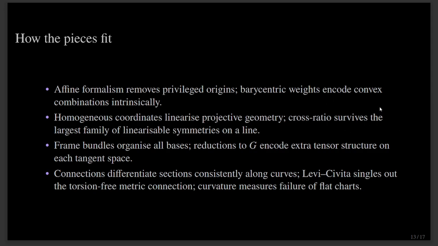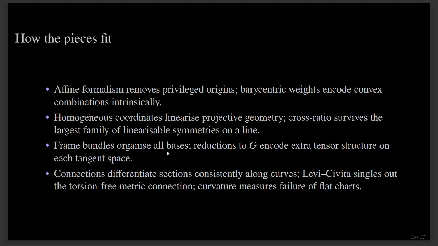Frame bundles organize bases, G-reductions impose geometric structures like lengths and angles onto symplectic forms, and connections enable consistent differentiation and parallel transport. And finally, the Levi-Civita connection is the unique torsion-free metric-compatible connection, and the curvature measures deviation from